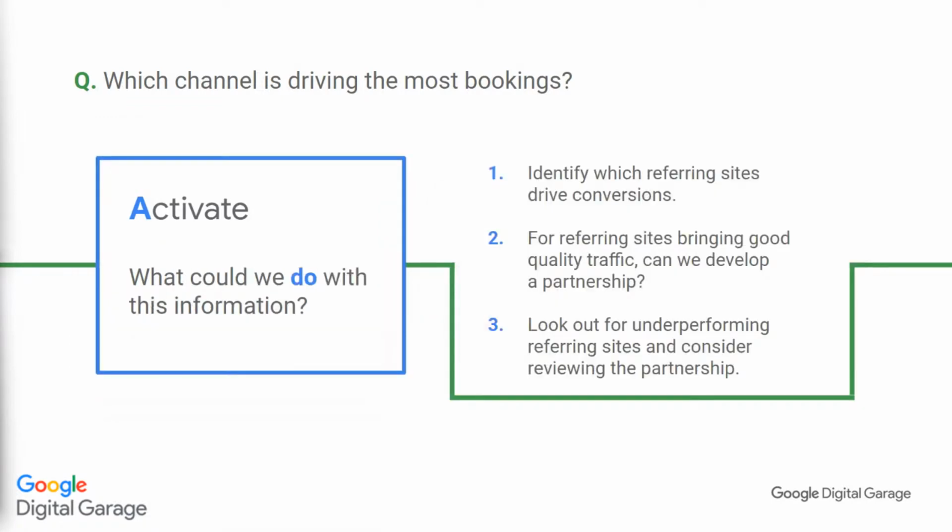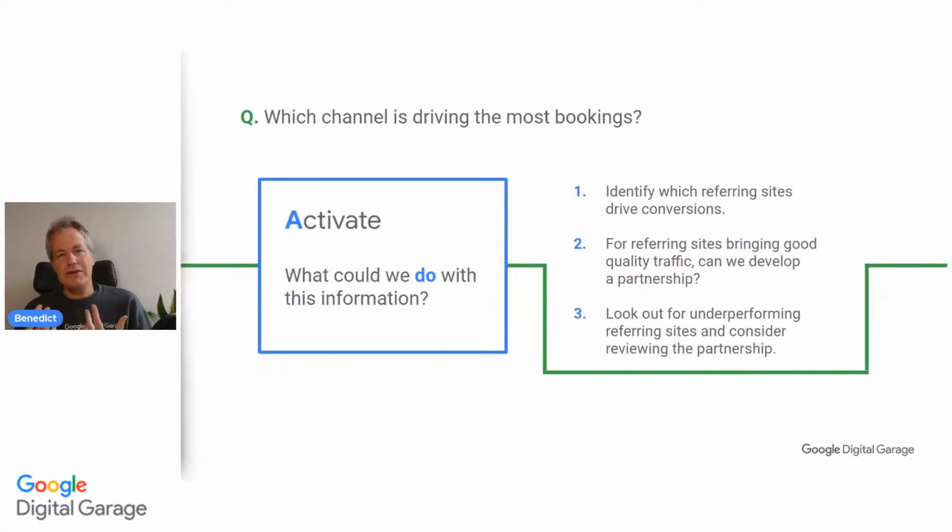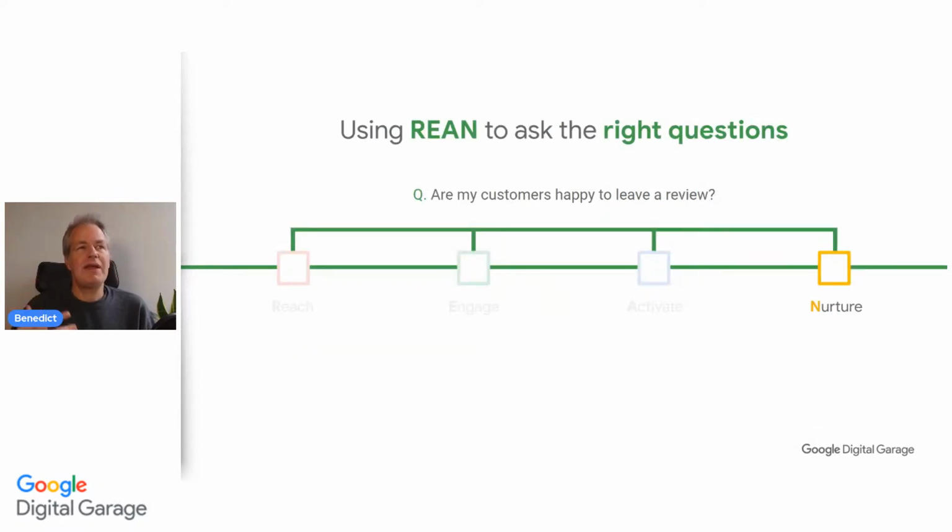So a couple of the different things you could be using from this, what we could do with this information: identify which referring sites drive conversions. If referring sites bring good quality traffic, can we develop a partnership, and look out for underperforming referring sites and consider reviewing the partnership? Okay, so using RIAN to ask the right questions, nurture is about what actually happens when